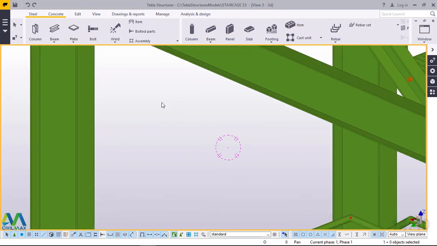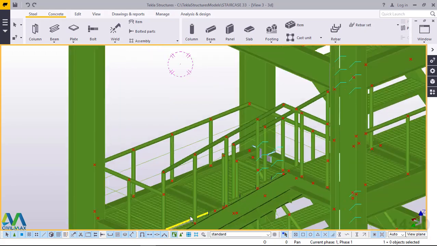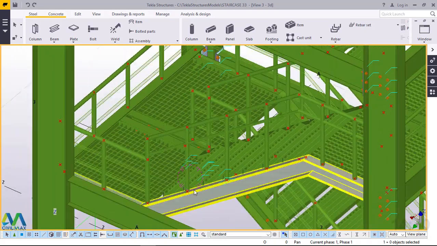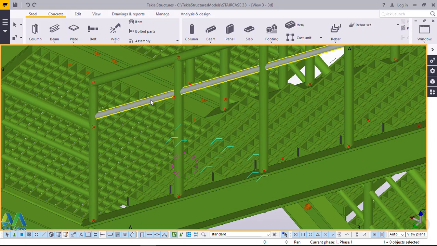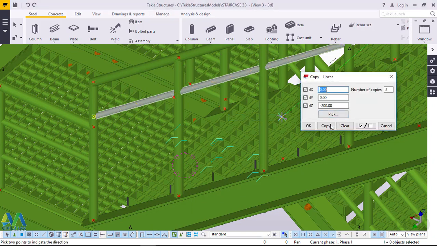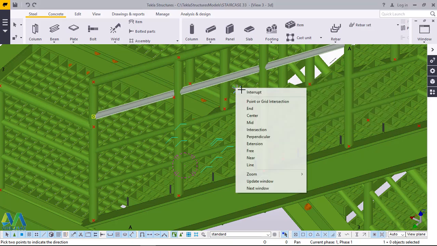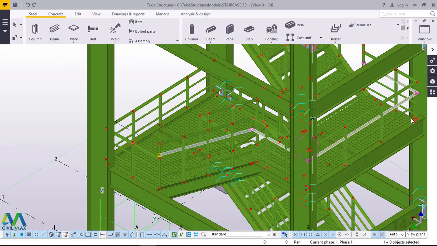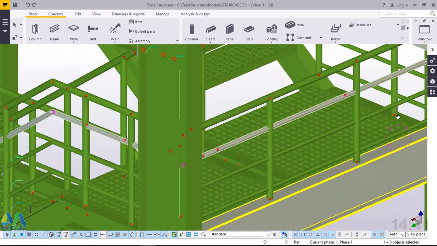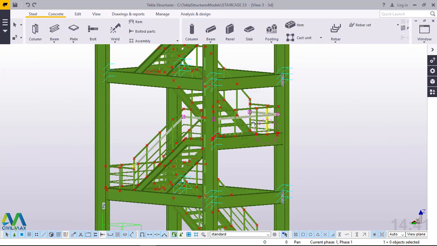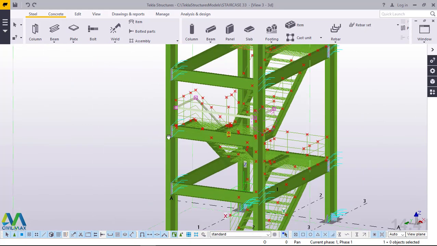I'll press Control and hold my middle button on the mouse, and I'll be able to do this. I'll highlight it once again and right click and come to special copy here, and I'll do exactly the same thing. I'll click OK, I'll right click and click interrupt just to exit that command. I think you can see what's happening here. It's a very simple thing to do,